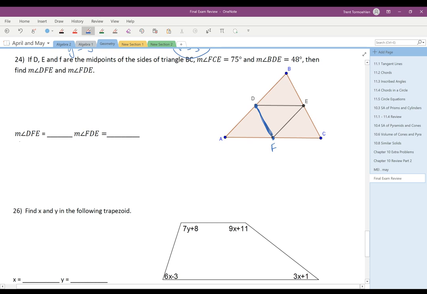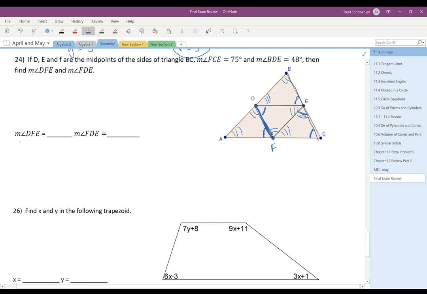the sides. And so that means that DF is parallel to BC, and so this angle here is congruent to this angle, and this angle is congruent to that angle by corresponding angles. And it just turns out that all of these triangles in here are congruent to each other, and so we know it ends up looking like this. Those angles are the same, and then inside here, this angle is going to be the same as that one. This angle is going to be the same as that one, and then this angle will be the same as